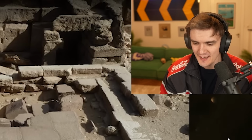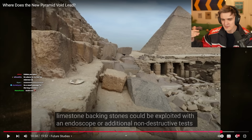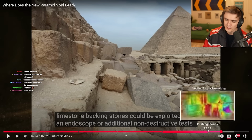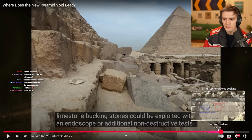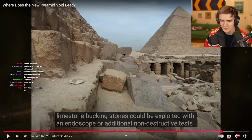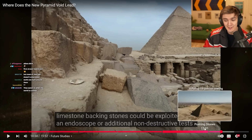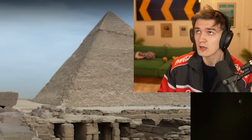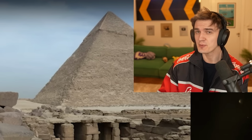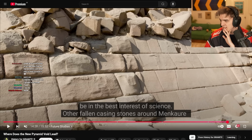I think if I get to understand this in my lifetime, I'll be very happy. Finding things that are untouched since the time they were built is good. But bro, if you find something where everything's original, nothing's griefed, you have such a good starting point for understanding. And it sounds like it's not a chamber, but it's a tunnel, and a tunnel could have items, right? Like, when the Queen's Chamber shafts were open, they found a couple of items that were there since construction. Yeah, these items...